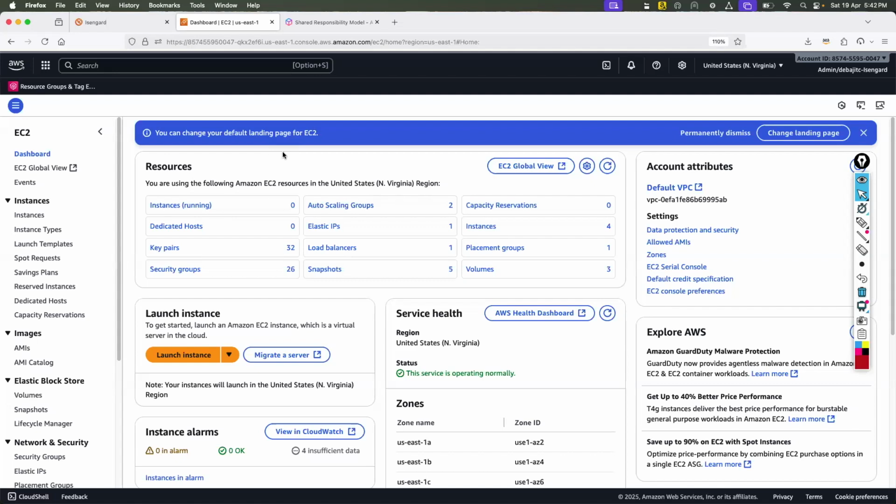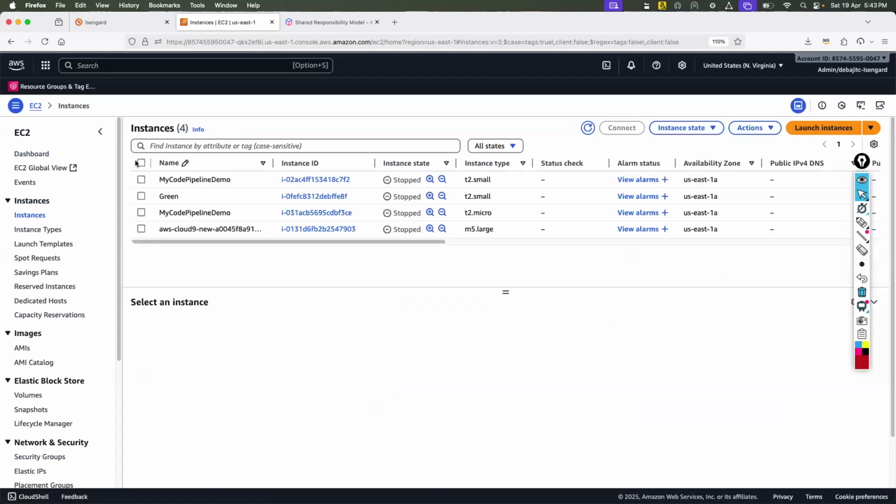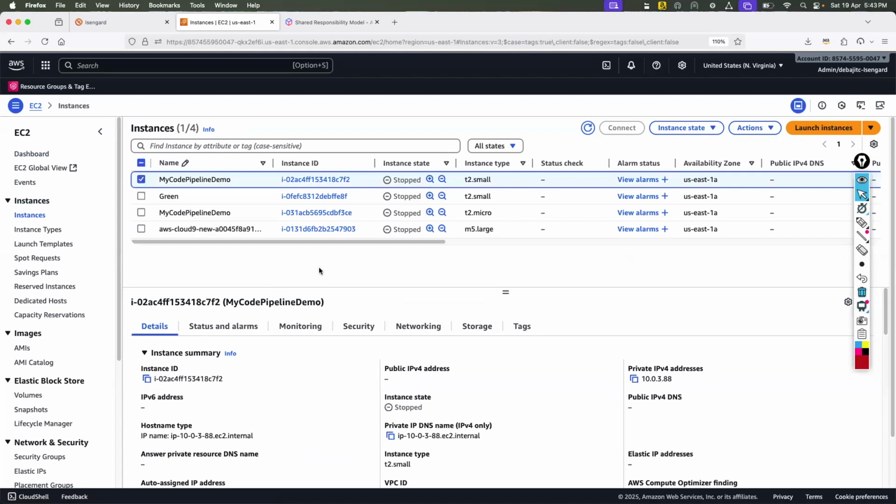So the last discussion was for EC2, so let's discuss more on EC2. Let's assume I have got many servers, though they are all stopped. But if the customer asks, I need to upgrade this server from T2 small to T2 medium or T2 large, how can you do that? That is the question. That is the production use case.